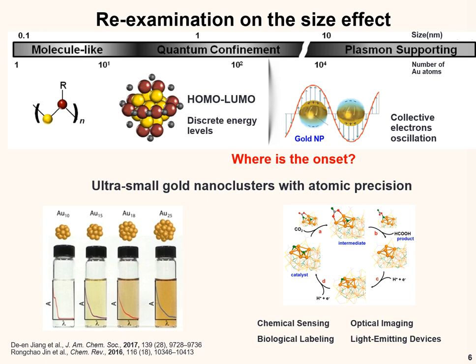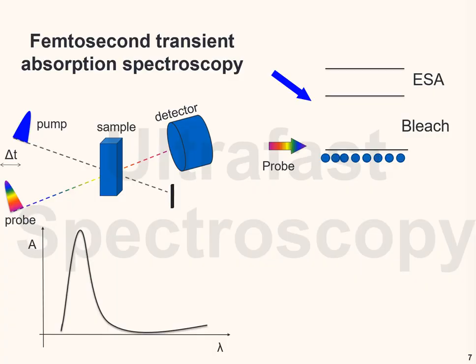Remember, the dynamics of hot electrons in gold nanoparticles is important because we want to use them in solar cells. But for the small nanocluster, we want to understand relaxation dynamics because it provides a lot of fundamental mechanism in this photocatalysis. That's why we have to understand the ultra-fast relaxation dynamics, because all these processes happen on a picosecond or nanosecond level. So what I have built is using femtosecond transient absorption spectroscopy to look at the relaxation dynamics.